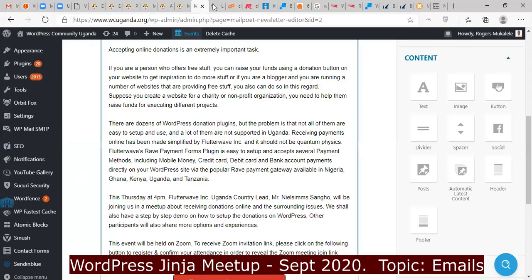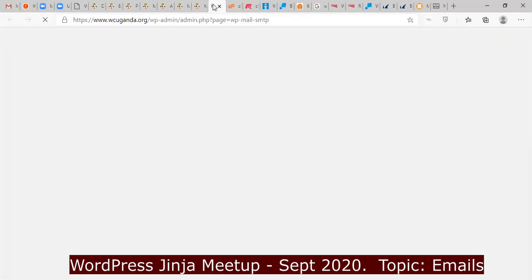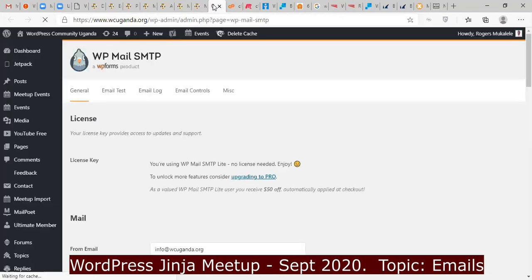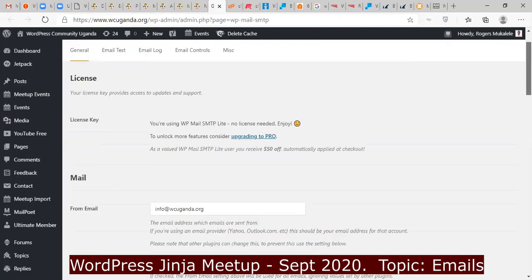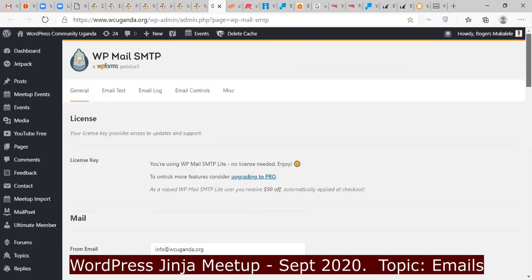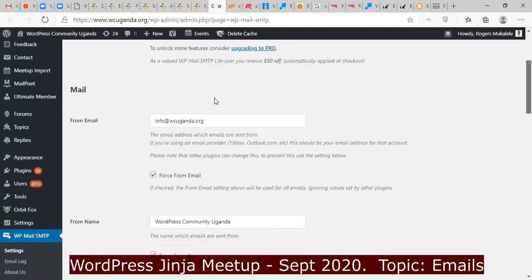This one, if you have not put it there, WordPress will be using the conventional way of sending emails using PHP. But if you set up SMTP, WP Mail SMTP will ensure that it authenticates your website to send out emails from your website. So when you come to WP Mail SMTP, this is very vital. Everyone who has a WordPress site which sends out emails, it is vital that you install this plugin. So there you can put the email address from which you want the emails to be getting out from,